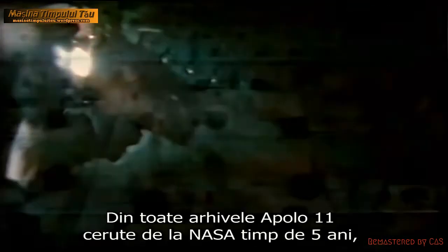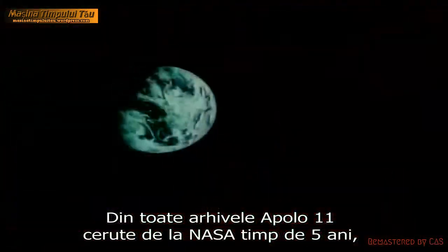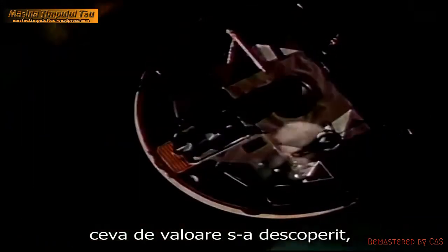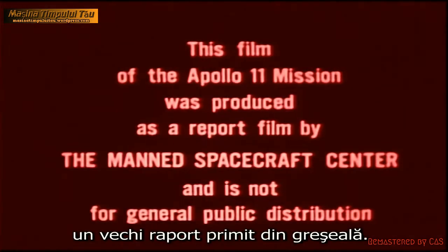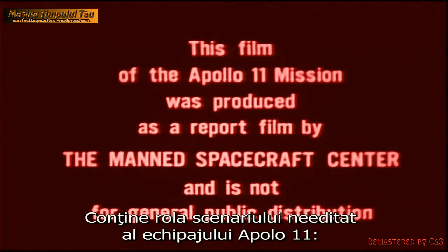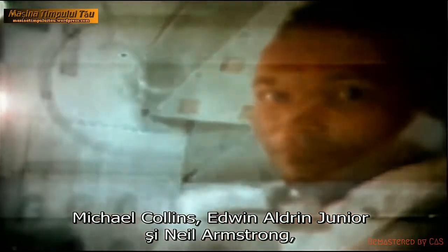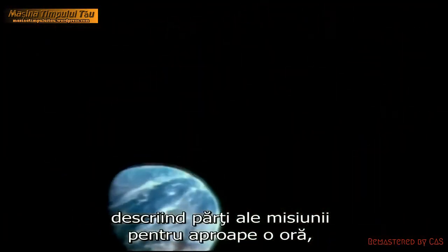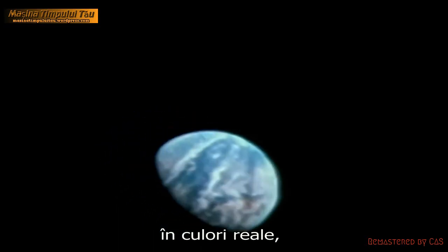And finally, the element that seals their fate. Of all the footage of Apollo 11 requested from NASA over a 5-year period, one gem was discovered just before the completion of this documentary. An old reel received by mistake. It contains the raw or unedited footage of the crew of Apollo 11, Michael Collins, Edwin Aldrin Jr. and Neil Armstrong, staging part of their mission for nearly an hour in living color, with exceptionally clear behind-the-scenes audio